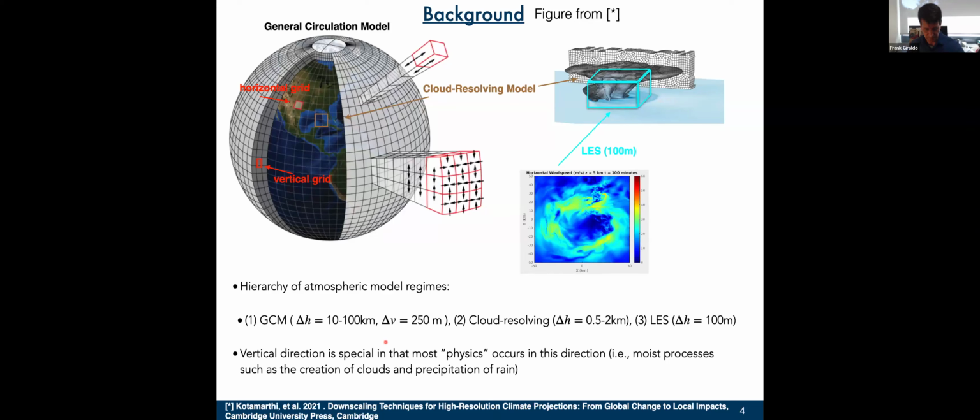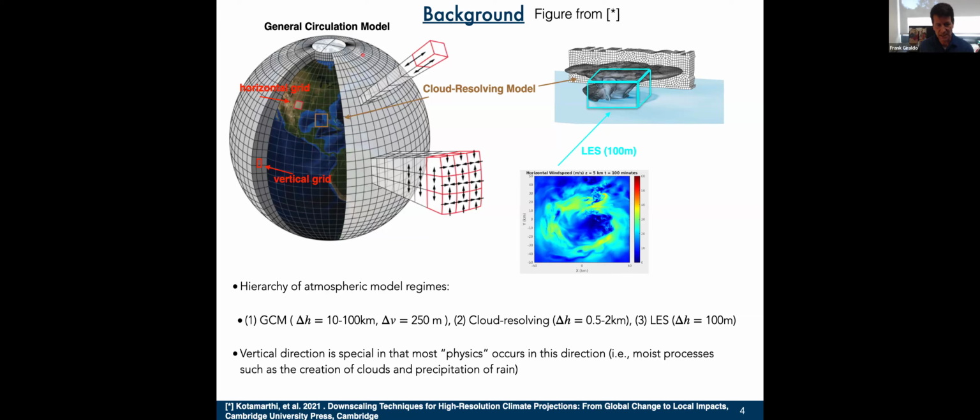So let me just give you a brief background in weather, right? It might be very basic for many of you, but for those that are not working in this area, it's useful to learn the different regimes that we talk about. So for example, this big sphere on the top left corner here. I'm drawing a sphere, and there's a lot of information here, but what I'm trying to get at is that